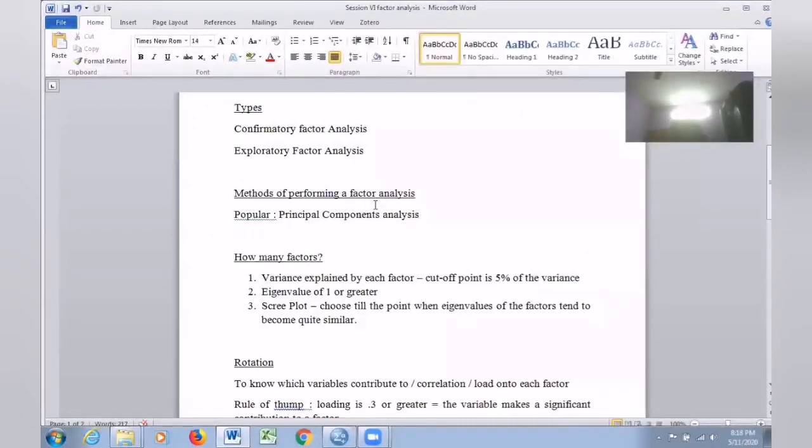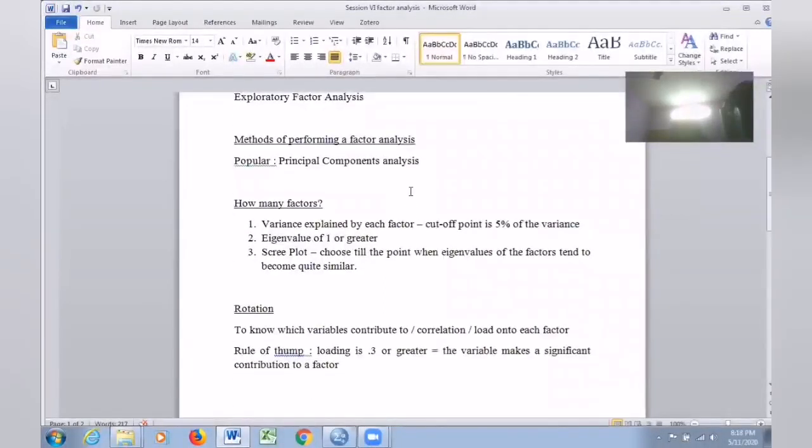How to conduct it? There are different methods of performing exploratory factor analysis, but here I would show you only one method. It's a very popular and very simple method called Principal Component Analysis, PCA. So PCA is the method we are going to adopt for conducting exploratory factor analysis. Okay, fine. A question comes here, sir. You say that you want to explore the factors. So how many factors are we going to explore in our questionnaire? Whether 2 or 3 or 4 or 5.